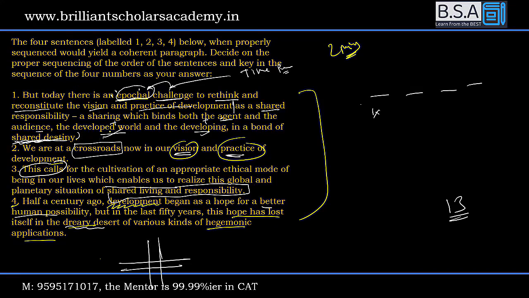बट टुडे अब बोल रहा है कि 50 साल पहले जो था वो था. आज की बात देखो. Today you are at a position where the developing world and the developed world has to share the destiny. Global warming होगा दोनों जगह होगा, destruction होगा दोनों जगह होगा. And then third one goes on to give us a solution in a manner. All of this calls for action where there must be ethical mode or there must be ethical rules which enables us to live and realize our global lives. Have shared responsibility. 1 and 3 are definitely matched. 2, 4. 2, 4, 1, 3.